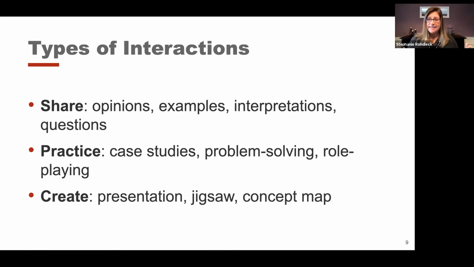Maybe you're doing case studies. You've done all of this lecturing, or you've shared this big list of information, and now you want them to actually problem solve with it. You want them to look at specific cases and practice those skills, or maybe even do some role playing. I have done role playing when I have done particular meetings, and it allows a space where a few people can go outside of the whole big group and practice the kinds of skills by doing that role playing. Or finally, maybe you want your participants to create.